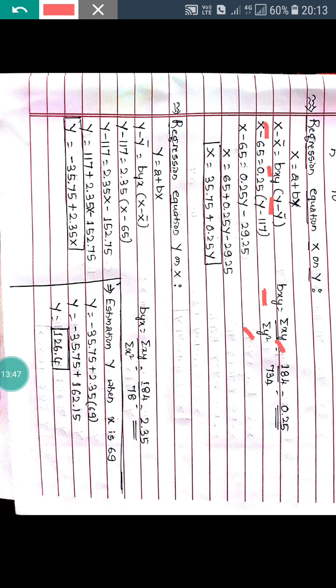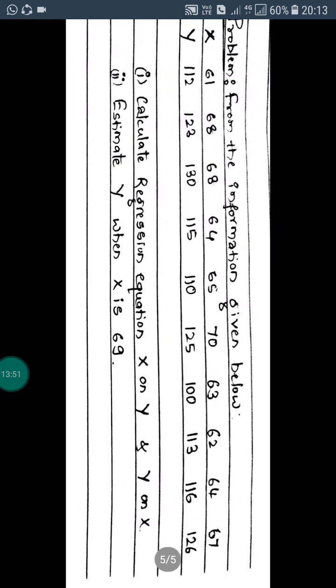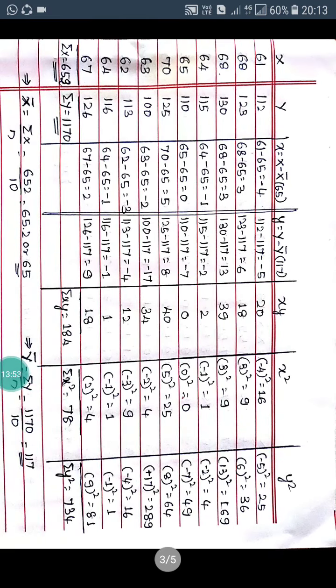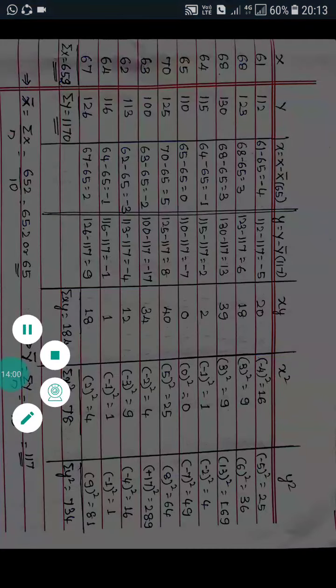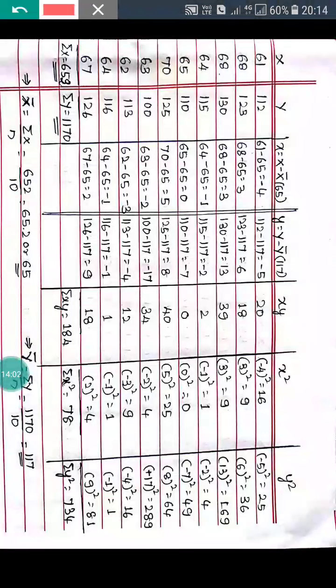Now in the previous problem, the x bar value is 65, y bar value is 117, next summation xy value is 184,